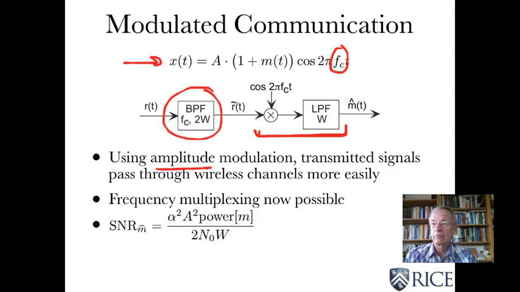This is the advantage of thinking about signals in the frequency domain. In communication systems, it's very clear. Frequency domain is very, very important to understand. We also move it up in frequency, so it gets through these wireless channels more easily. Antennas work much, much more efficiently when you move them up in the way that we've seen. You now have the multiplexing situation. You can do this multiplexing, and